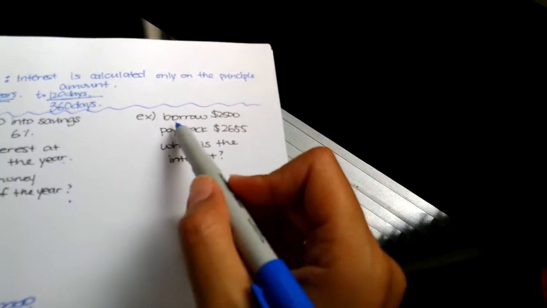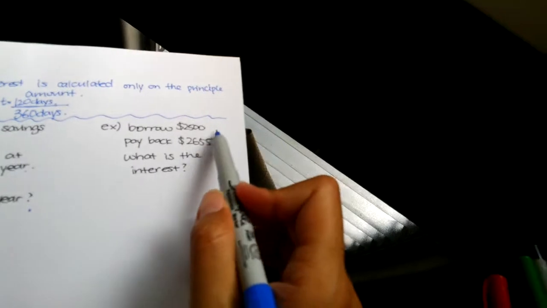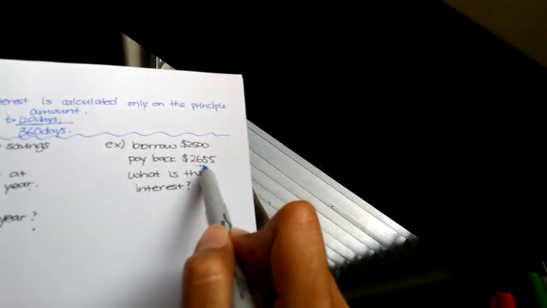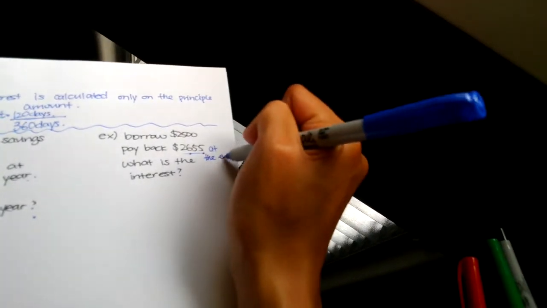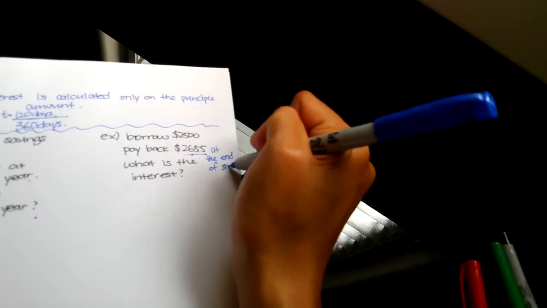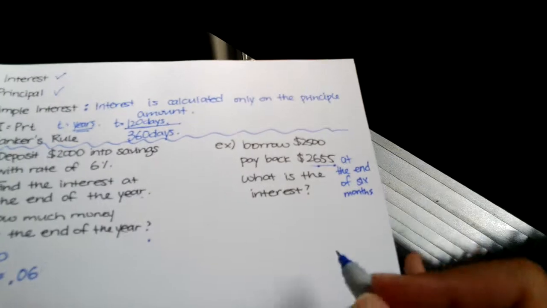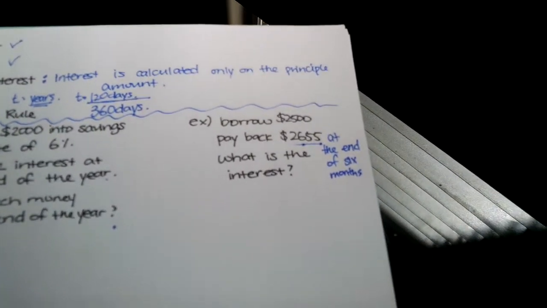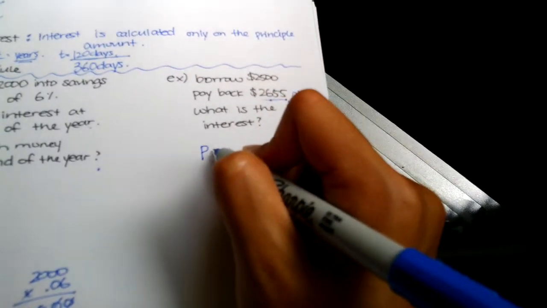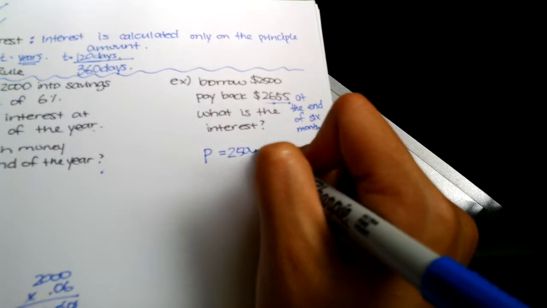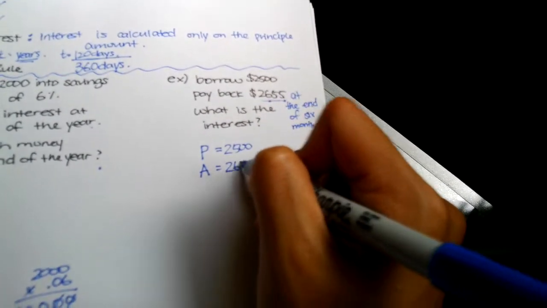The next one is slightly different. So you're borrowing $2,500 from a friend, I think. It says in the textbook, but you pay back $2,655 at the, let's say, end of 6 months. Sorry, I should have had that down. What is the interest? So we have information here, but we don't have the same information as we did before. So now the amount that we borrow, the principal amount, is $2,500. The amount that we pay back, so A, is $2,655,